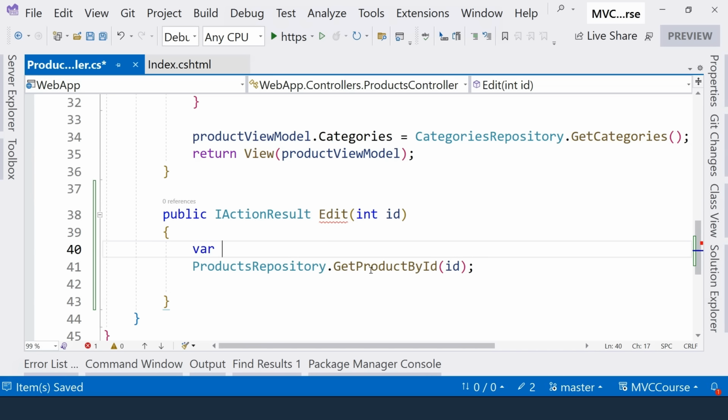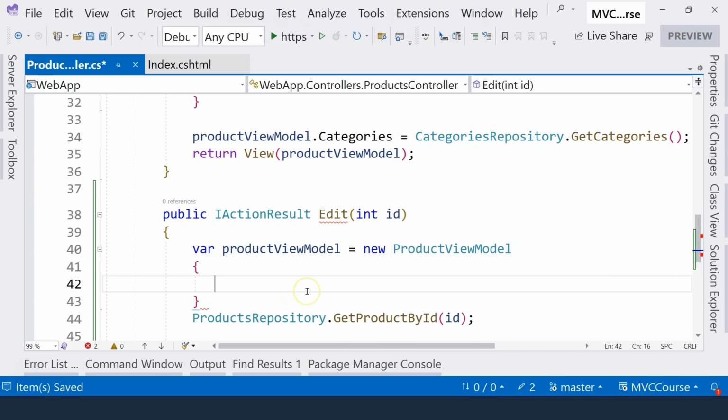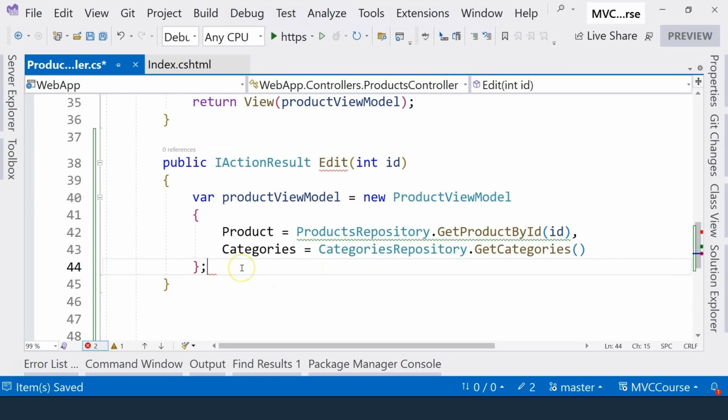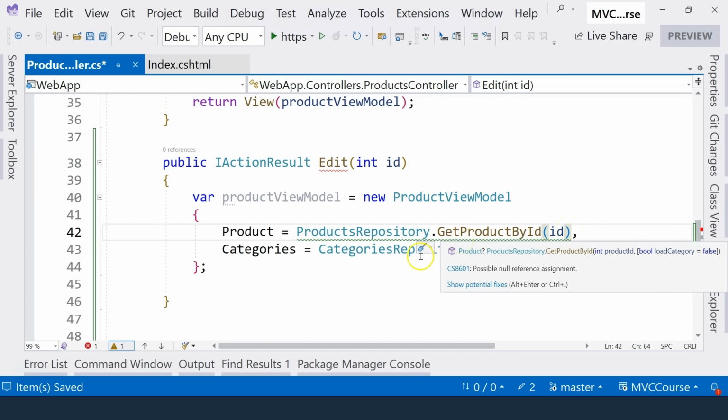So here, we're going to create a view model instance, and inside, we're going to populate the property. So first of all, the product, and that is going to be from the product repository. Secondly, we are going to populate the categories, and it's exactly like this. Now we have the product view model, and here we see a green squiggly line. It's saying that there's possible null reference assignment. You can see that with nullable enabled in the project, we have all kinds of warnings that help us